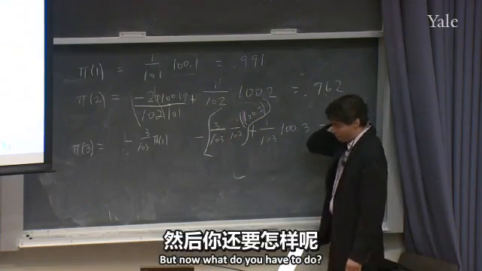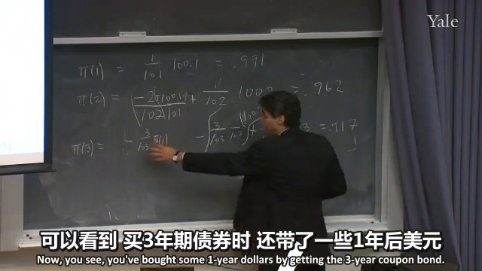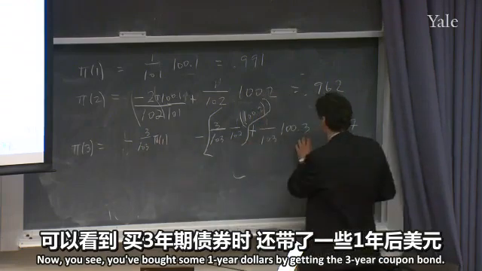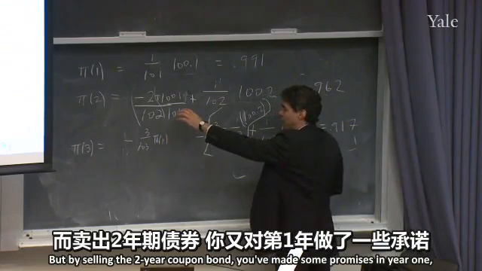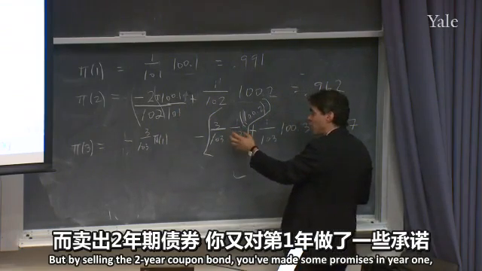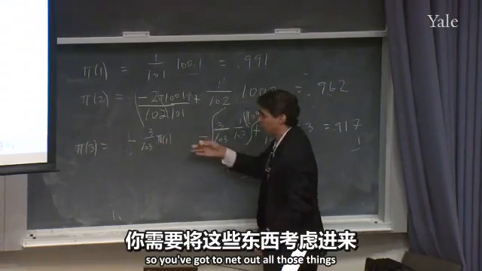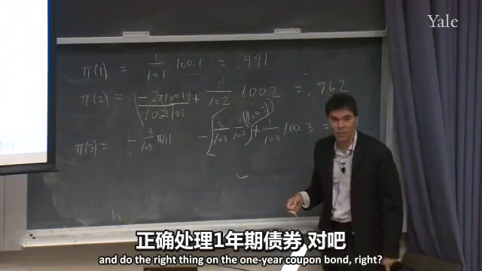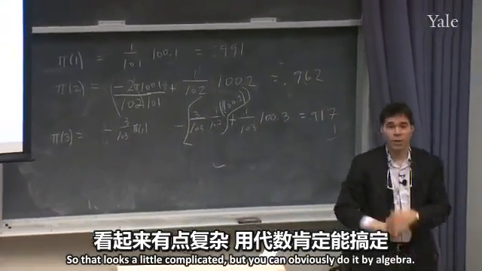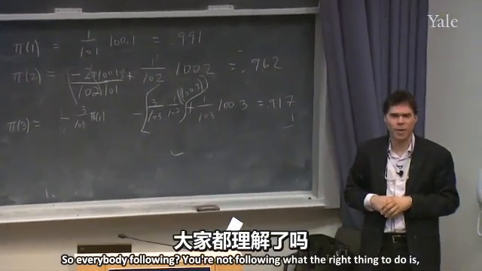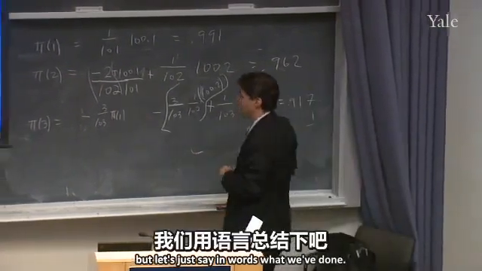But now what do you have to do? Now you see you've bought some 1-year dollars by getting the 3-year coupon bond, and you sold off some, but by selling the 2-year coupon bond, you've made some promises in year 1. So you've got to net out all those things and do the right thing on the 1-year coupon bond, right? So that looks a little complicated, but you can obviously do it by algebra. So everybody following? You're not following what the right thing to do is, but let's just say in words what